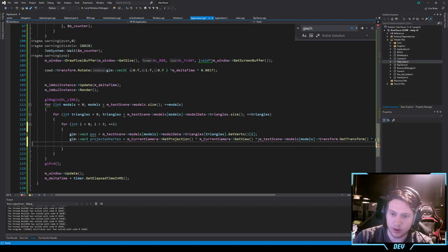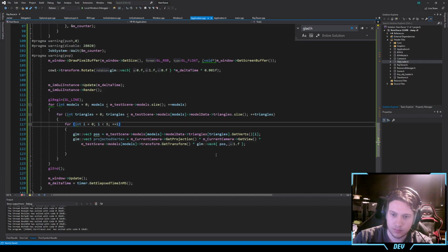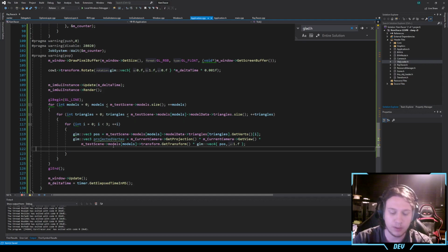Right, this is getting a bit long. This should give me the projected points, and then I should be able to do a GL vertex 3f